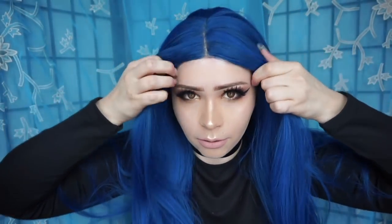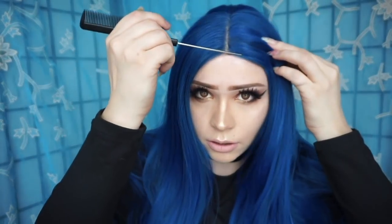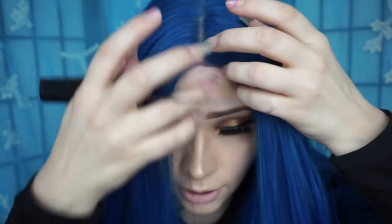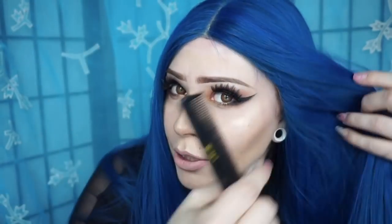Okay, so I look really crazy. So now we're going to take this. We're going to lift it forwards onto the glue. You can use your nails or you can use the end of the long comb and push that down. Make sure your hairs are out, that they're not in the glue. And make sure it's centered with your nose bridge. And I just push